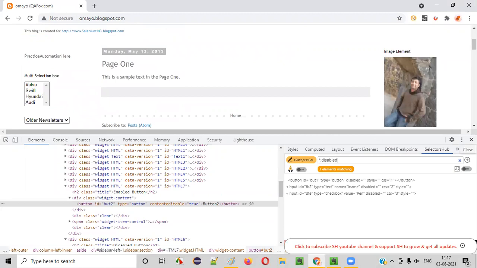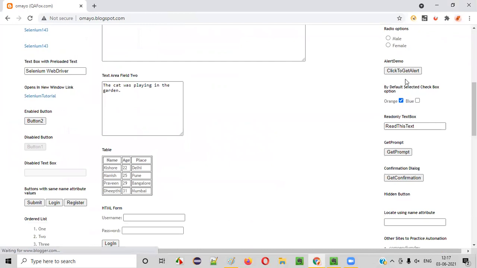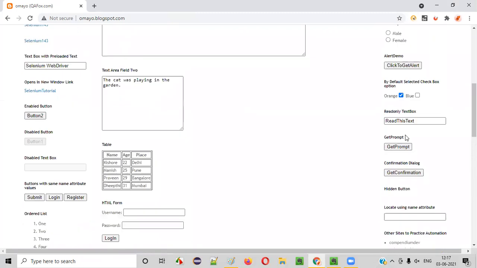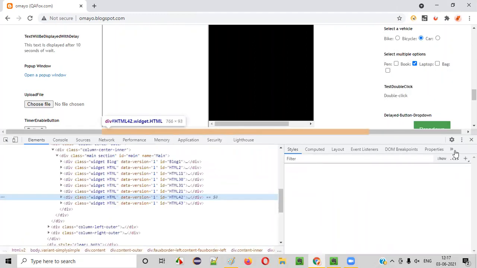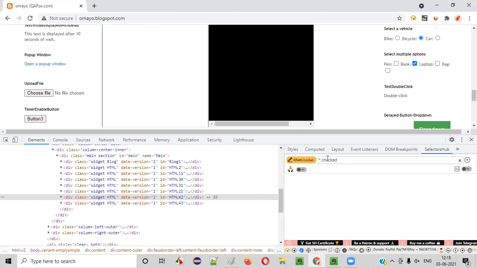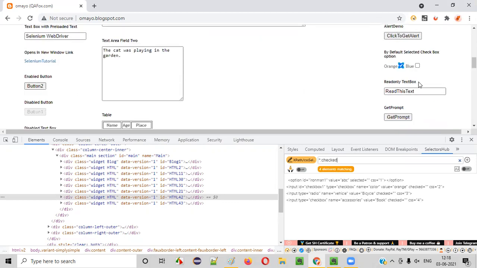One more requirement is there. I want to refresh this page. I want to locate all the radio buttons and checkbox fields which are in selected state here. So here this orange checkbox field is in selected state, and this radio button is in selected state. This checkbox field is in selected state. I'll inspect somewhere here, go to the selector hub and write star colon checked. Checked means selected or not. So all the radio buttons and checkbox fields which are in selected state will be located here using this star checked.